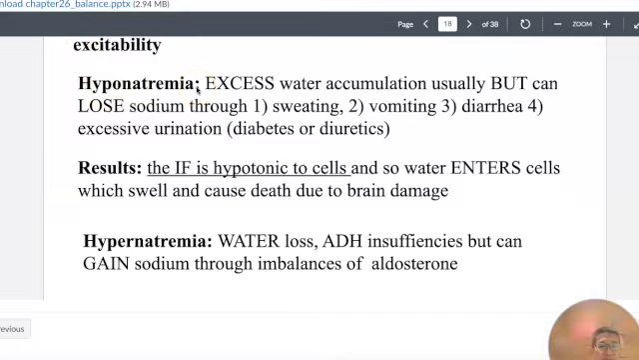Hyponatremia means too little salt. When you have too little salt, excessive water accumulation usually, but can lose sodium through, can lose